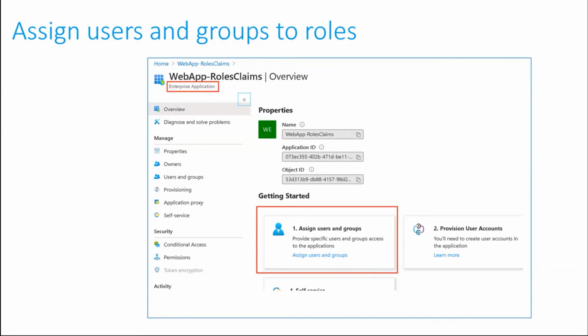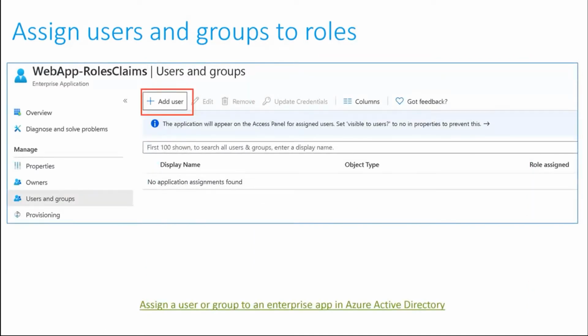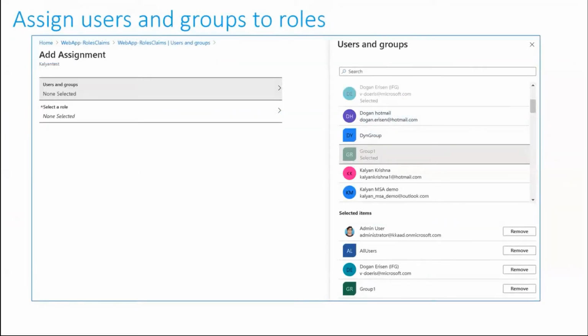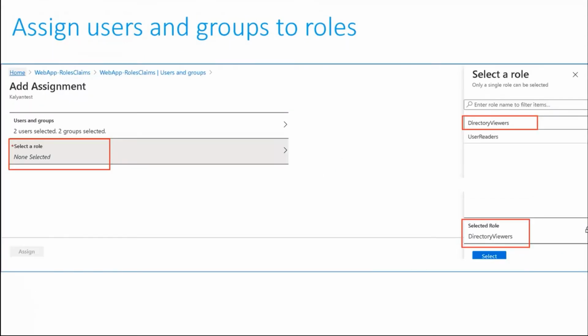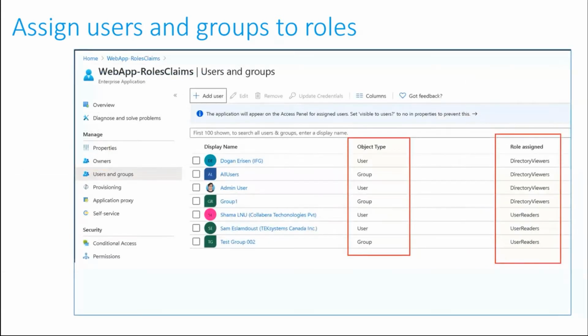Then you would click Assign Users and Groups to get a screen where you can start assigning users to your role. This is a screen that is used to assign users or groups to your application. When we say assignment, this is what we actually mean. So not only do you want to assign users to your applications, you also want to assign them to a certain app role. To do that, you click on the Add User screen. You will select the various users and groups that you want to assign to a certain role. And then you would be presented with the various roles that you had declared, and you can choose one of them and finish up the assignment.